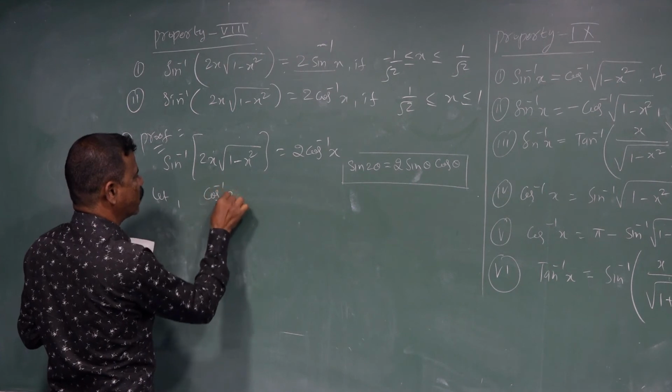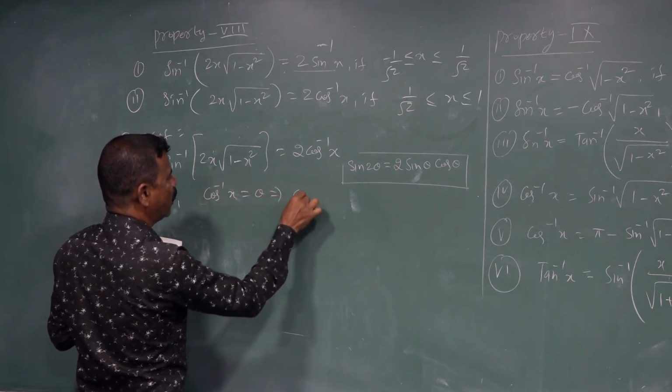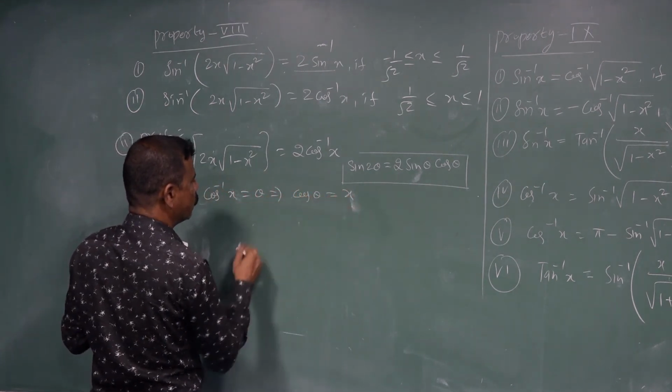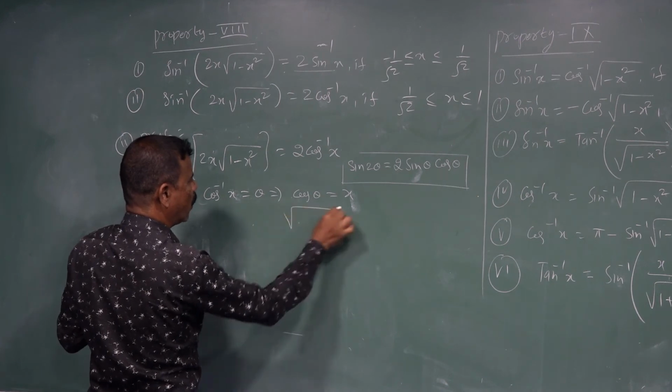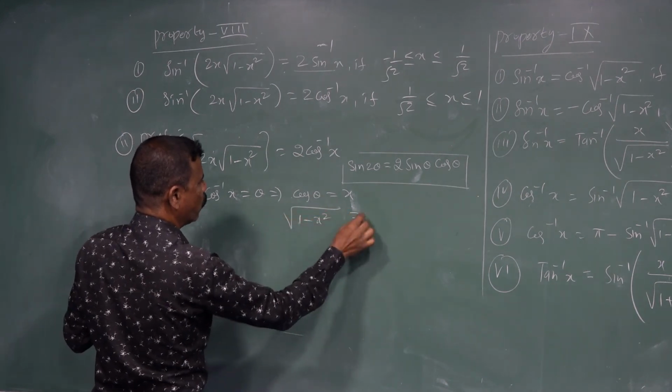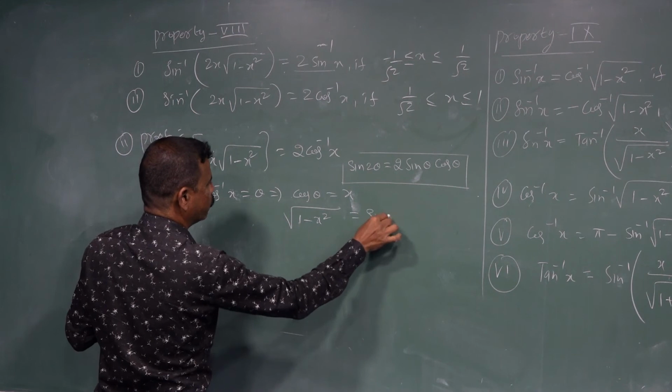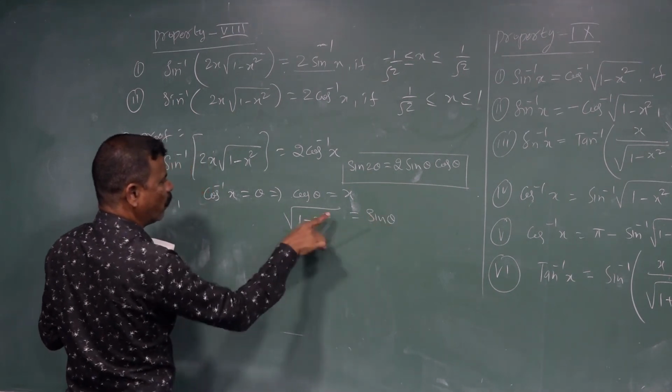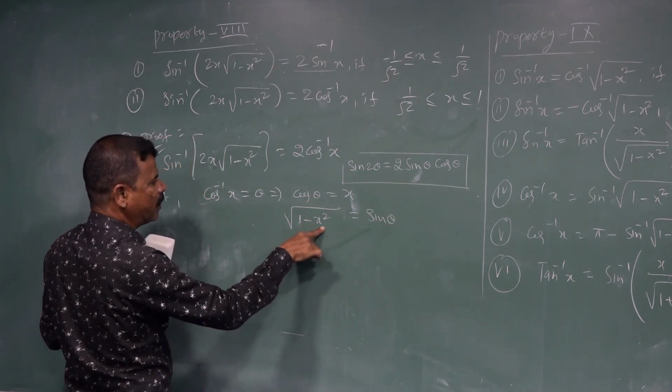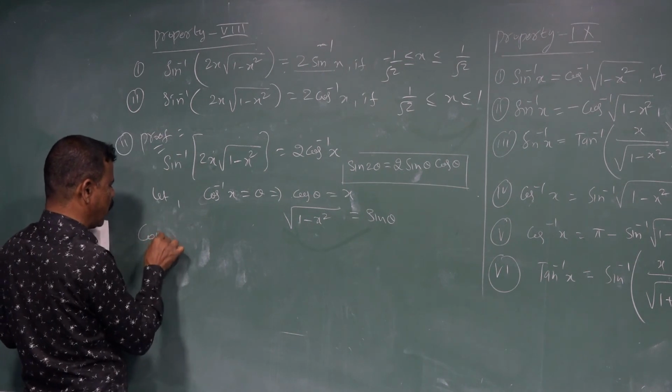If cos inverse x is equal to theta, then cos theta is equal to x, then under root of 1 minus x square is equal to sin theta. Sin theta is the under root of 1 minus cos square, that is, under root of 1 minus x square. Again consider